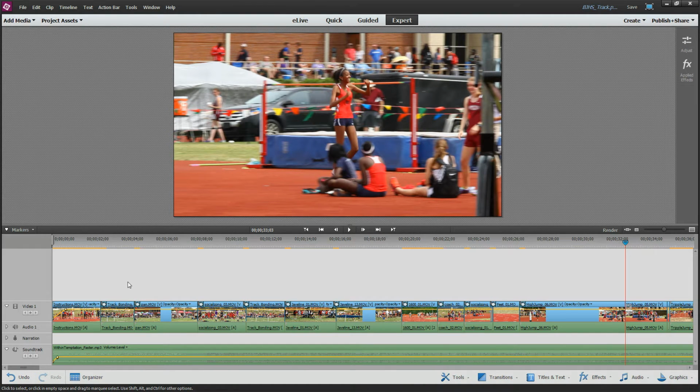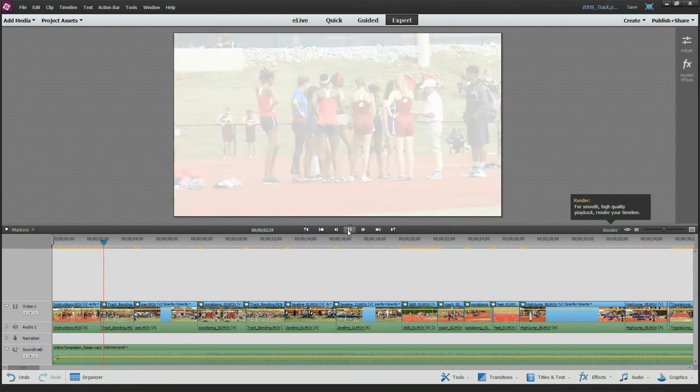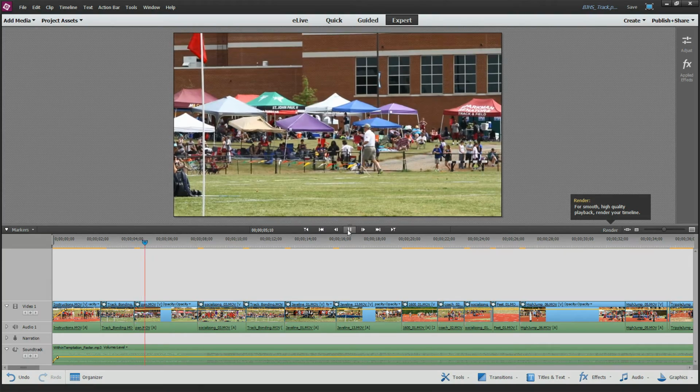Now, having a white is pretty boring. You might want to change that up, so you just change your default transition and repeat the process. Now, just like that, I add this little flash of white between my